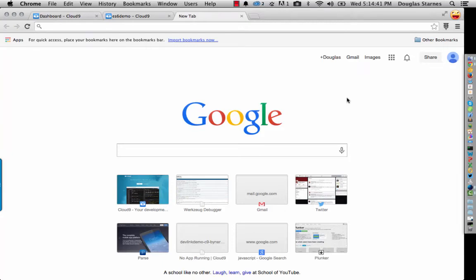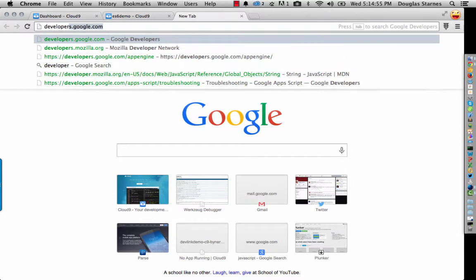So in this screencast, I want to dig deeper into ECMAScript 6. And the first thing we need to look at is what's a good reference for ECMAScript 6. Now, I showed you the link to the draft the last time, but sometimes that can be a little hard to read. Mozilla, however,